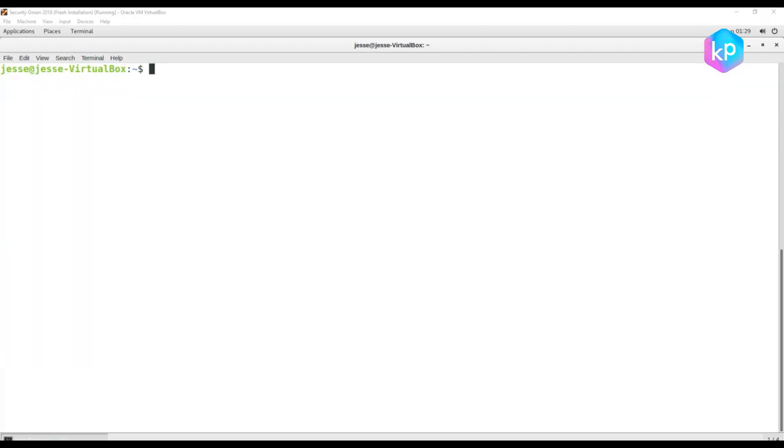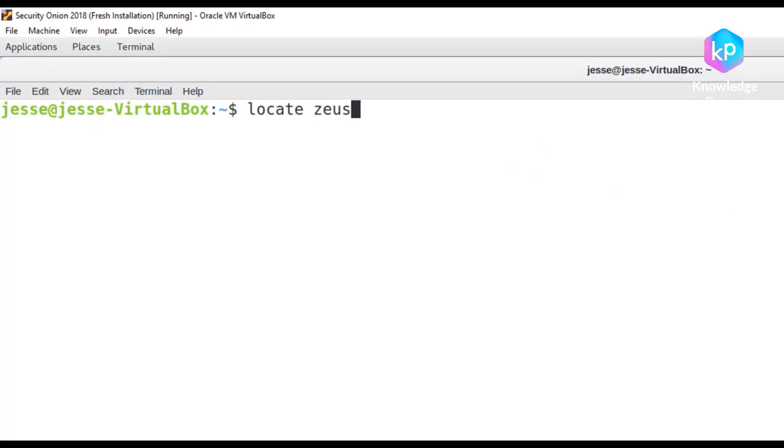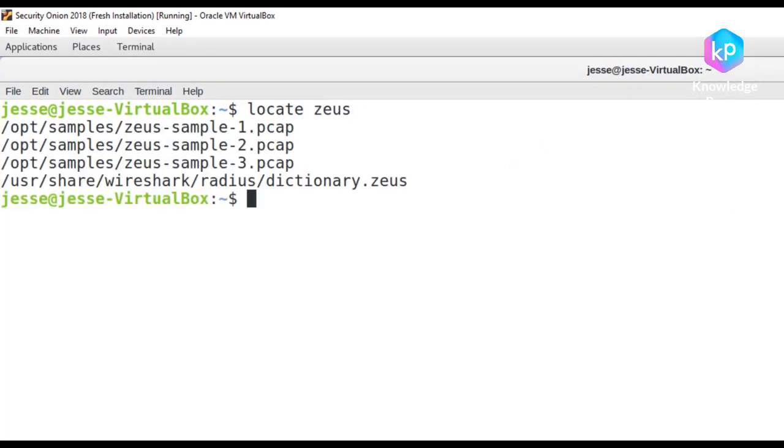Now let's run a quick function test to make sure that Squert will show snort alerts. We're going to replay a PCAP with malicious traffic on it that comes with Security Onion using tcpreplay. This will simply replay the packet as if it's occurring live over the wire. To locate the PCAP we'll be using, type in locate Zeus and hit enter. Now type in sudo tcpreplay